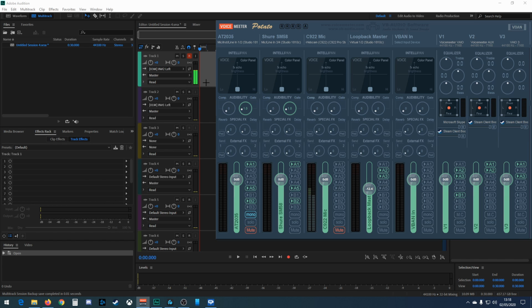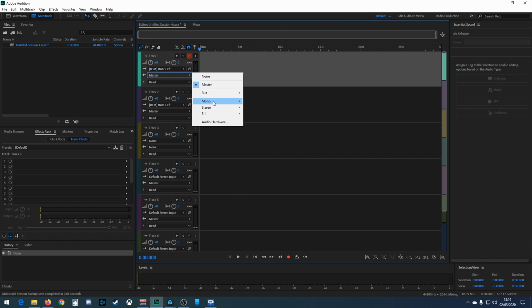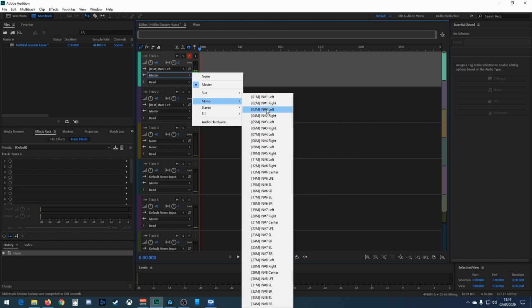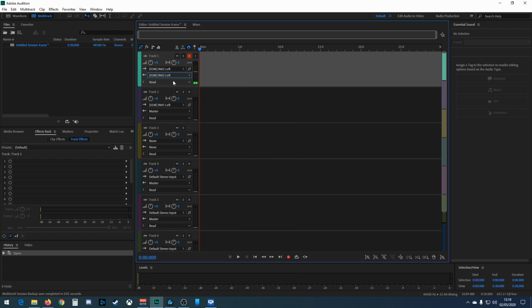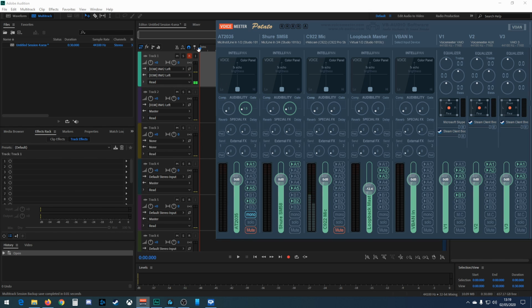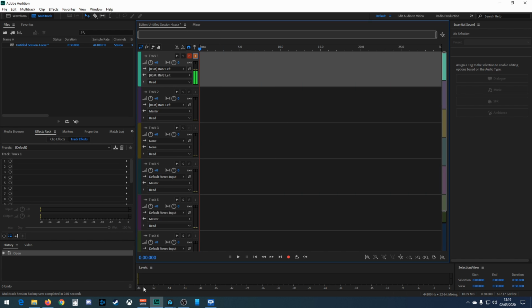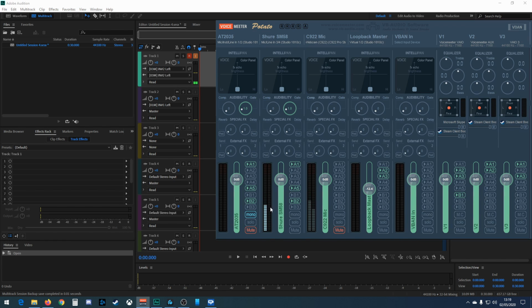How do we get it to send it back? So what we'd want to do is, in a normal circumstance, we could do whatever processing we want to do and send it back, and then we'll send it back with this output, which you can set to the same. We can do mono channel 3 left, and then it comes back in. Oh no, it doesn't. What we need to do is monitor that output. So we click on that monitor button there, the I. Don't know why I is for monitor, but it is. And there it is,